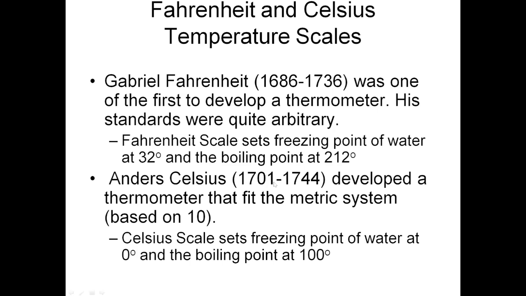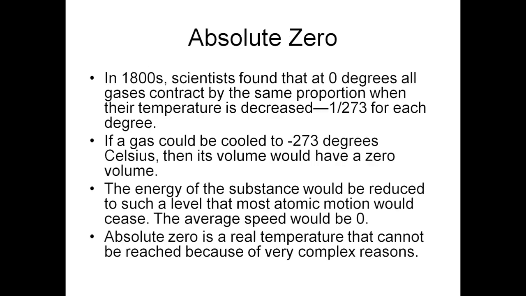Celsius is the scale that came next. It was likely invented within the same 50-year span as the Fahrenheit scale. It was invented by a different scientist named Anders Celsius, and Celsius was invented because a lot of people were frustrated with Fahrenheit. Fahrenheit wasn't a very good scale for metric uses, and so Celsius was invented to become the new metric scale for temperature. It works in base 10, freezing's at 0, boiling's at 100. That system made the most sense to the people using it at the time, and so Celsius as a scale was adopted and used unquestioned for about a century by the scientific community until